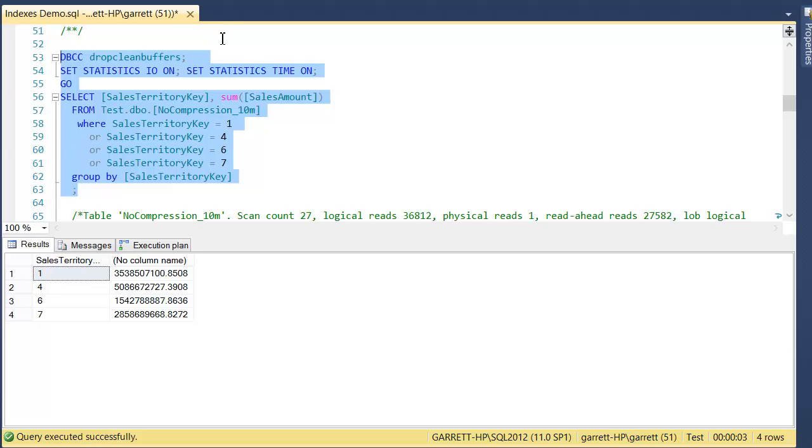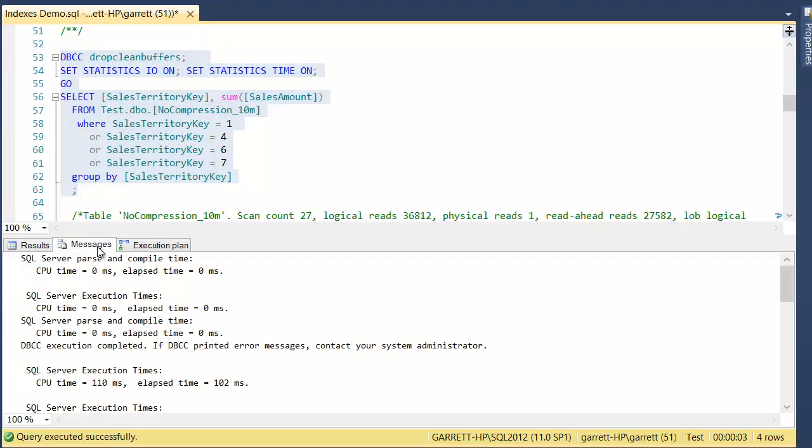And index data, for those of you who don't know, an index is just a copy of the table data. And the definition of an index, which columns you include in your index, is the makeup of that index's data. So, if I go over to my messages,